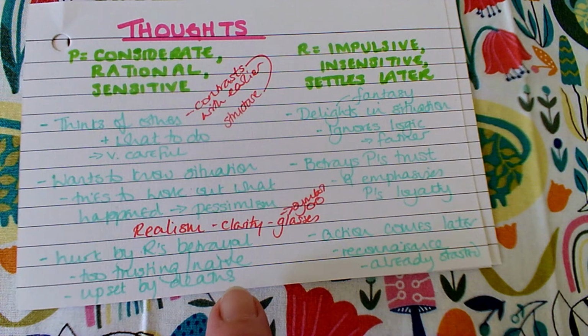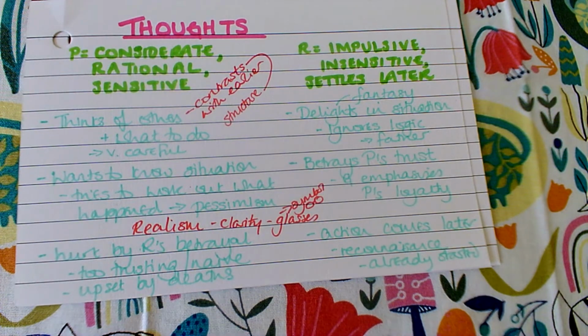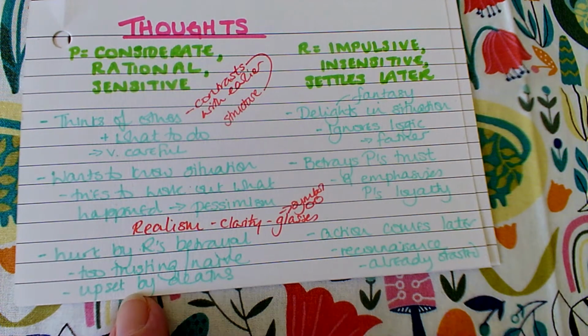And then Piggy, being sensitive, is actually hurt by Ralph's betrayal of him. He doesn't understand when he tells Ralph that his nickname is Piggy, and of course we never learn his real name. He's actually too trusting and naive. He thinks that Ralph is going to be as loyal to him as he feels to Ralph. And again, Golding expresses that in a physical way by Piggy almost clinging to Ralph, not ever leaving his side.